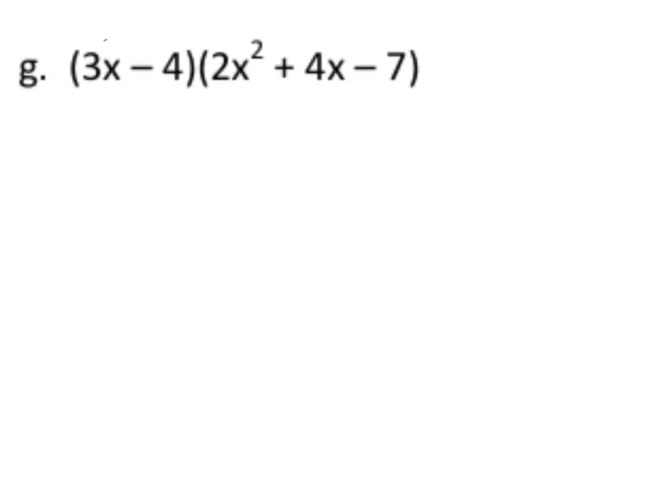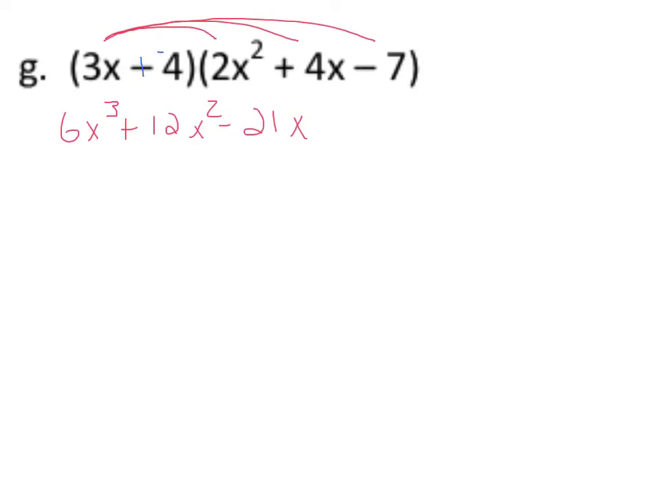So what we're going to do is distribute the 3x to everything in the second trinomial, which would give us 6x, and again we have now cubed because we're adding exponents. Then we have a plus 12x squared, and then minus 21x. Now we have to distribute, and I'm going to change this to a plus -4 to help us know that we're going to distribute the -4 now to the next trinomial, which would give us a negative 8x squared, a minus 16x, and a plus